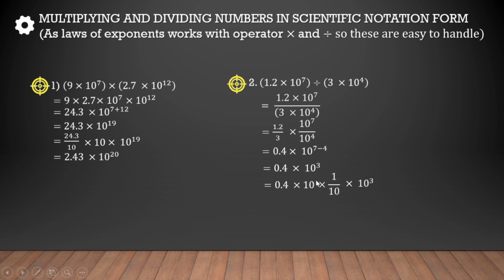So we have written them equal. Okay. Now we'll combine these two to make 4, and this will become 10 raised to power 3 minus 1, which is this, and this is our answer. So this is how we have to multiply and divide. Okay, so you saw how we multiply this to this and the second term to second term, and I also showed you how we convert any number into scientific notation form.